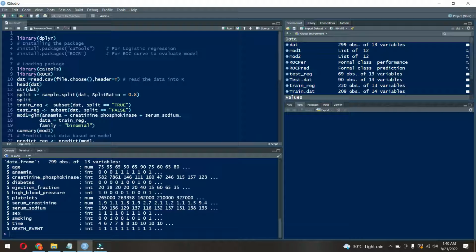We just run the model for the training part and check the validity or accuracy of the model using the test set. So the split command is given as sample.split and your data set, and the split ratio is 0.8. Basically, I am keeping 80% data in my test set and 20% data in my training set. So just run the command,